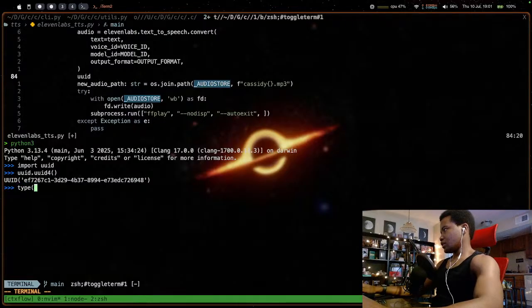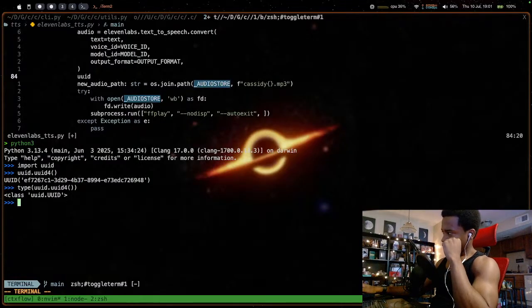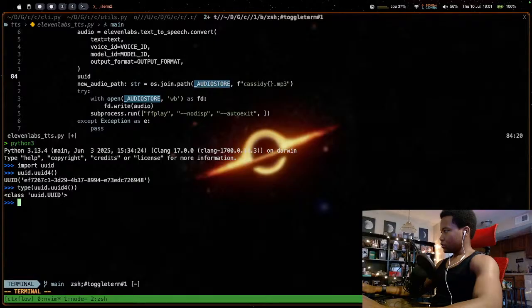Okay. Type of uuid.uuid4(). What's uuid.uuid4 dot... I forgot that dunder method.